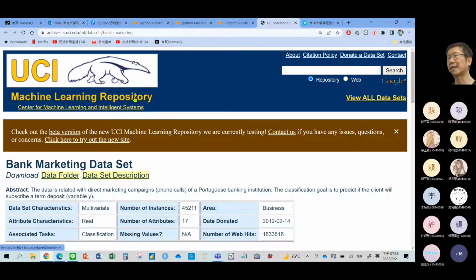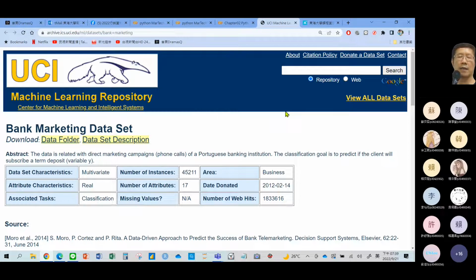What is a repository? We call it a database. Right now we are doing the business analytics process, but unfortunately we don't have real data, we don't have a data set for analysis. That's why we use UCI, the University of California, Irvine. 在 Irvine 的美国加州大学呢，它提供了 at least maybe 500 data sets for us to learn data analytics. Okay, so the first data set I would like to introduce is the bank marketing